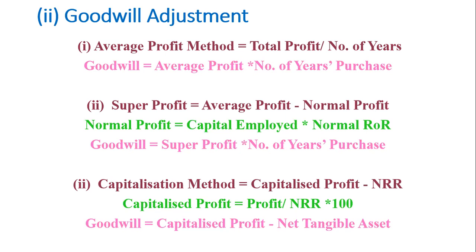So whatever is existing as asset in the business, with that asset you can take out the total value, that is the capitalized value of the profit. Something will be existing in the business above the net tangible asset, and that is identified as the goodwill of the firm. That is called the capitalizing method. Here, the profit is capitalized, and this capitalized value is used as the base to identify the hidden goodwill in the business. And from the capitalized profit, if we deduct the net tangible asset, we arrive at the goodwill in the firm.